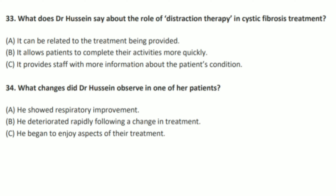One of my patients, a 24-year-old man with cystic fibrosis who was in hospital waiting for a lung transplant, well, he found treatment very difficult at first. He was preoccupied by his need for a transplant and frustrated by feelings of powerlessness. He would often resist treatment. We started using the virtual reality systems with him as soon as we got them, and it took a while